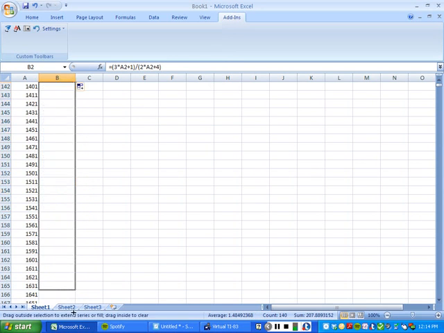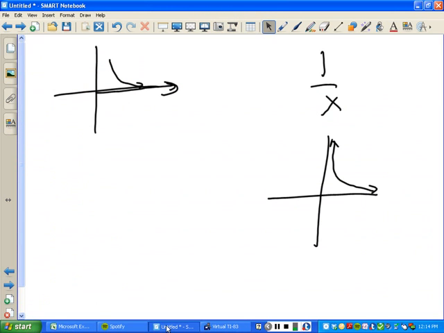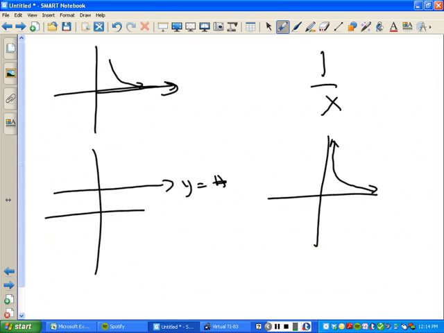So sometimes when you graph, it won't approach 0, but it will approach some number in the middle, and that will look like this. Y equals some number. And it will approach like this as it goes there. Now, it doesn't always have to come from the top. Sometimes it can come from the bottom as well. But it has to approach it as x gets large. Okay, so sometimes it'll approach a number. Sometimes it'll approach 0. And sometimes it just doesn't approach anything and just kind of takes off.